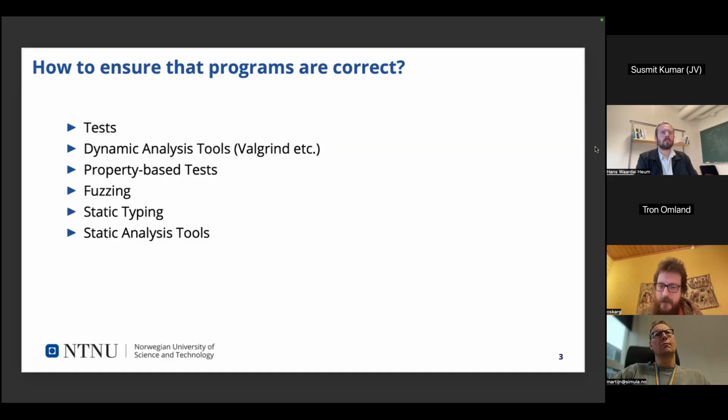Some static analysis tools are not sound. They have false positives and so on. But there's a bunch of static analysis tools out there that are also sound, which, if they produce an output telling you here's a bug, then you know that there is something wrong. And of course, you have static typing. A lot of tests in, for example, Python are just to test that the types are correct.